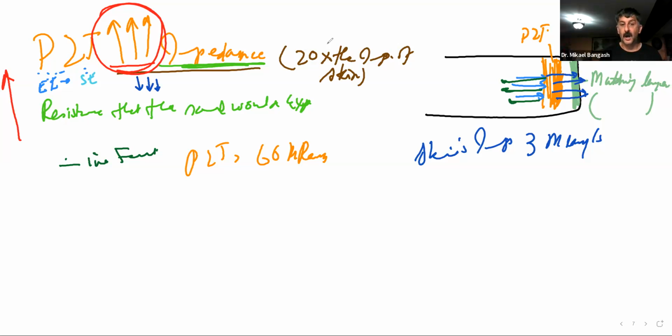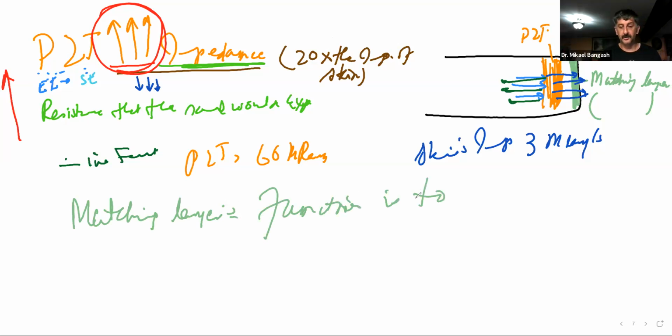And that is why they introduced this material here, which we call the matching layer. So the major function of your matching layer is to